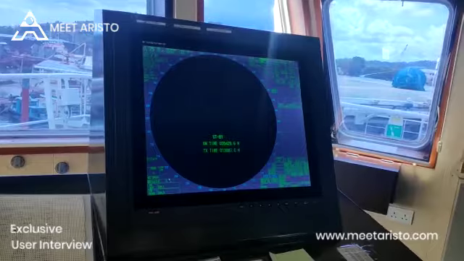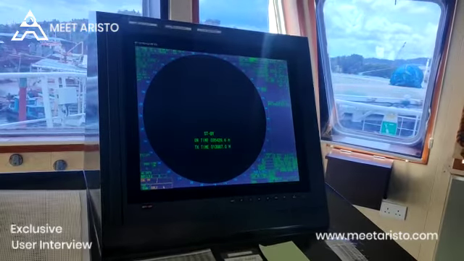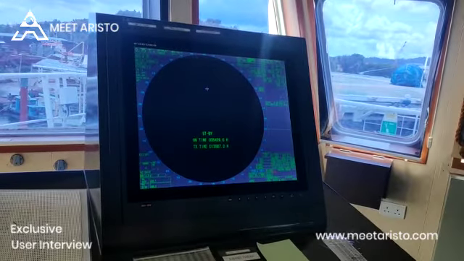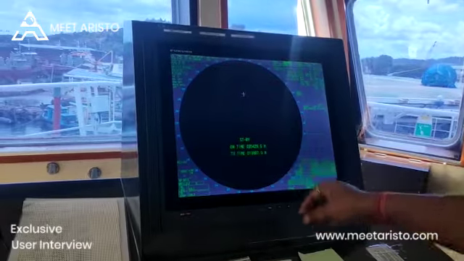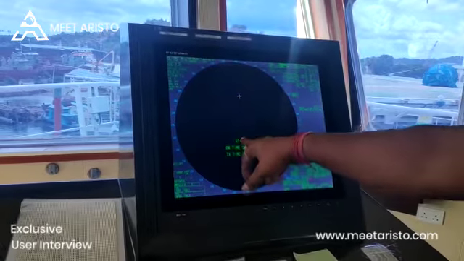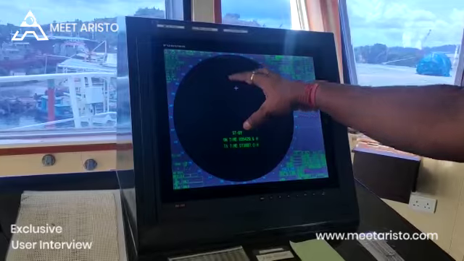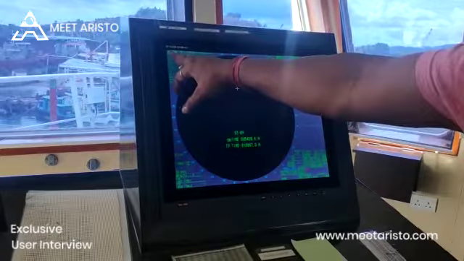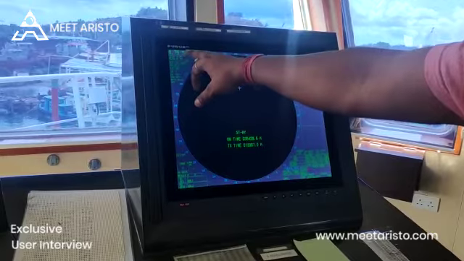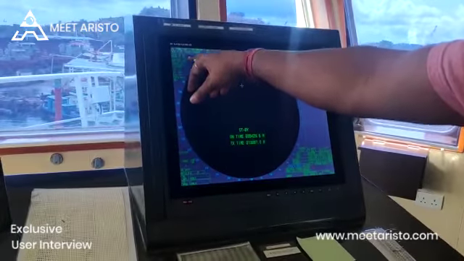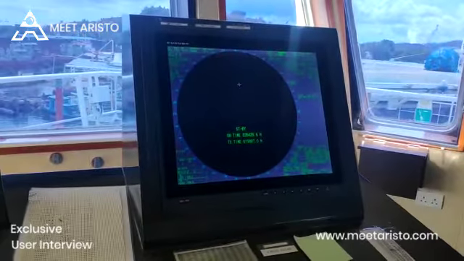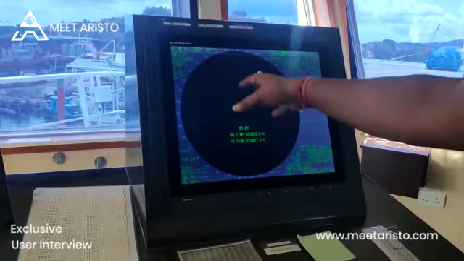This is called radar, which we are using for navigation. See if you can see this screen. You can imagine this is a sea, and our vessel is always at the center, and we can change the scale. You can see 0.7 nautical mile, and the range goes up to 96 nautical miles, which means 180 kilometers we can see. But practically, we cannot see that far.